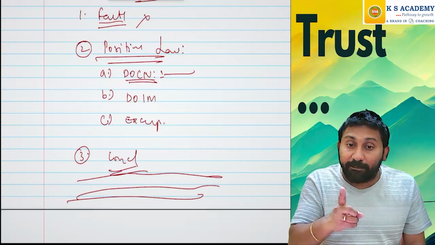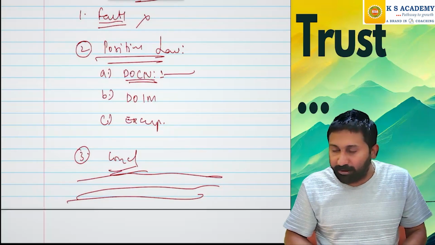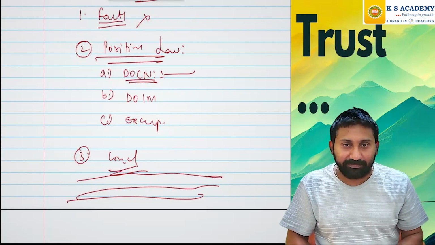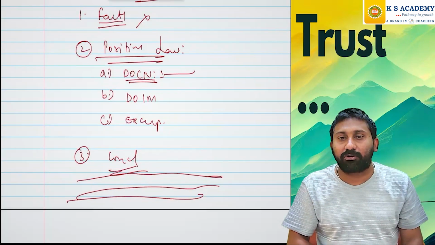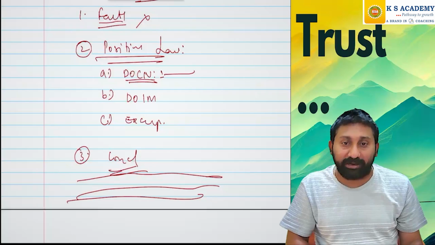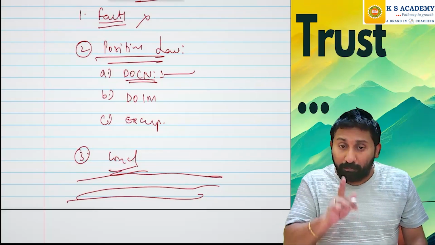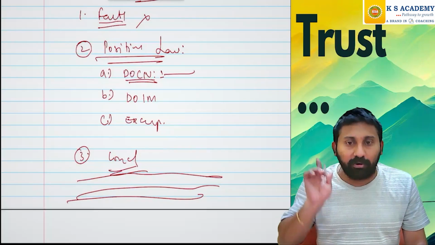at least if you write the provision of law, you'll get half the marks or more than half the marks, because in a law paper marks are given for the law, not for conclusions. Conclusion will carry some marks: in a 5 marks question, 1 mark will be for the conclusion, and 4 marks will be for the law you write. So be very specific about it. Focus more on writing the points inside the law rather than concluding your answers.